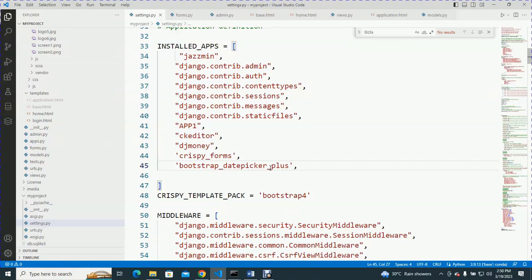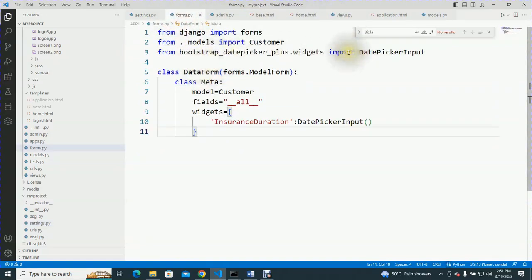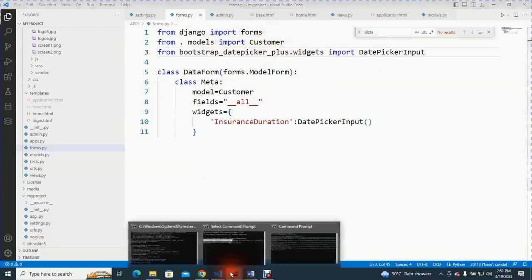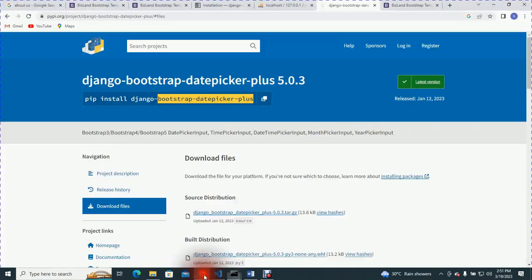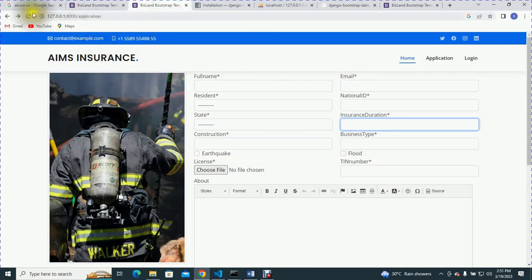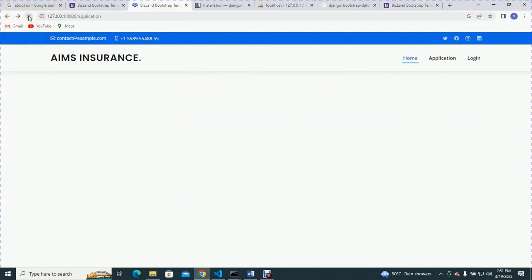So nikija katika forms, the forms. Okay, so now bootstrap. Okay, so now run server. So server na run. Okay, so come to our app. Okay, so now refresh. Okay, so after refreshing now tunategemea kuona picker imekuwa applied